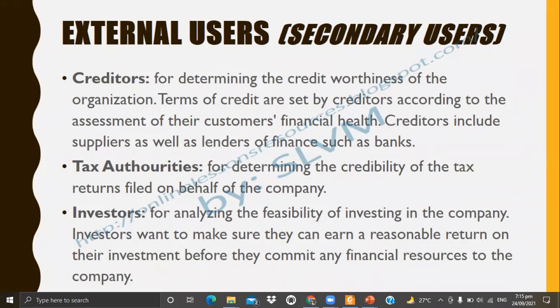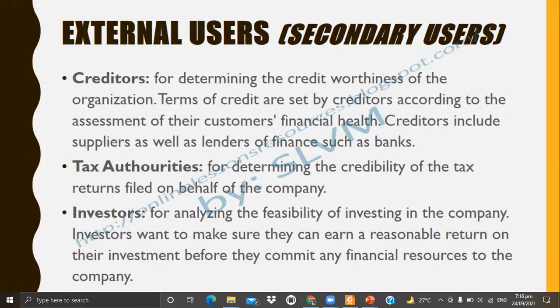Yung investors naman, for them to analyze the feasibility of investing in the company. So syempre ito parang creditors din sila, no? Pero for investors naman, ang iniintindi nila dito yung kikitain nila doon sa ininvest nila. Okay, so pwedeng mas malaki sa ine-expect nila or mas maliit. Unlike sa creditors, kung magkano lang talaga yung binigay nila, then yun lang din yung matatanggap nila, plus yung mga services and then yung mga interest. While yung investors, kung magkano yung binigay nila, pwedeng iba din yung bumalik, no? Iba yung value na bumalik. Maaaring mas malaki or mas maliit.